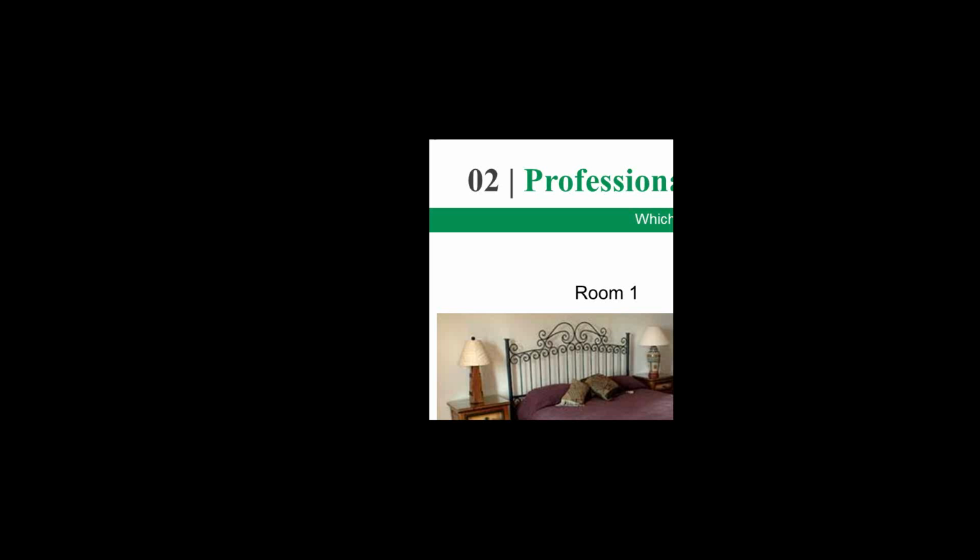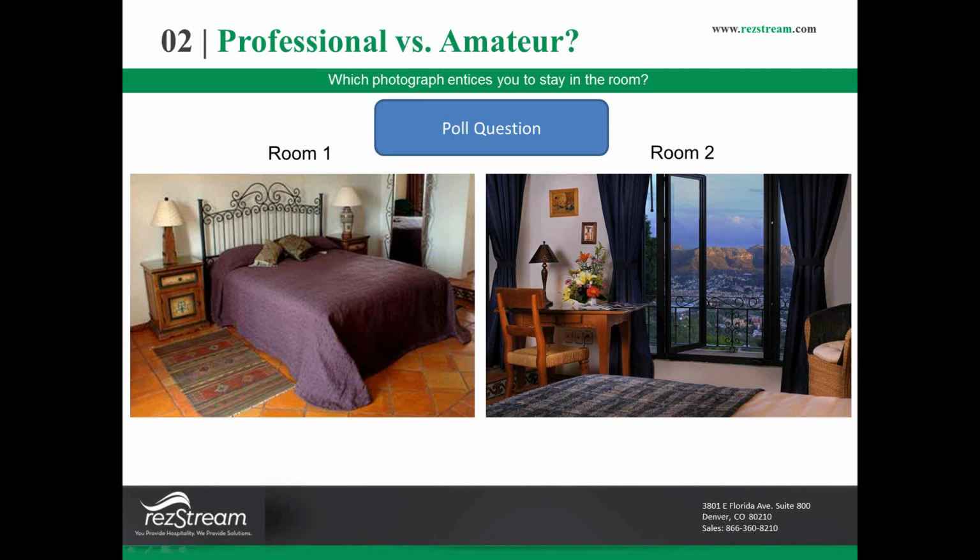Give me 1 second. Let me shut this down. Hide this. And you should be able to see the screen in 1 second. Okay, go ahead. So you can see both photos. They're actually the exact same room. This client called up, needed some photography, and I was looking at the property from their point of view, from their current photos.